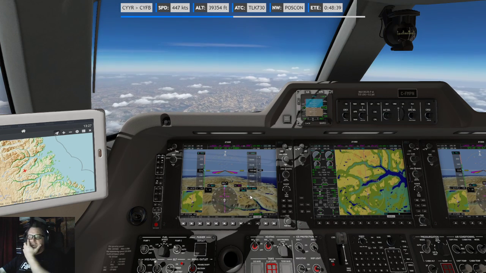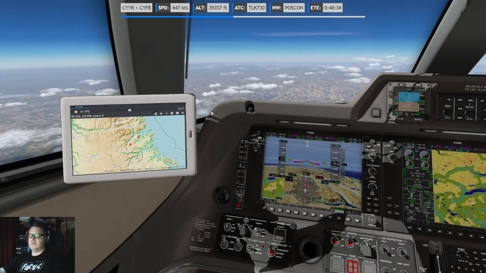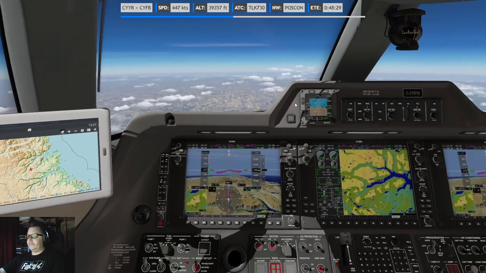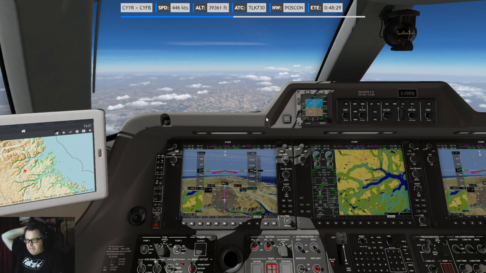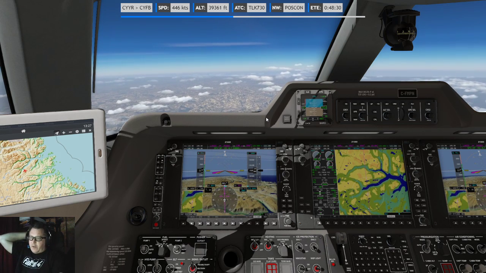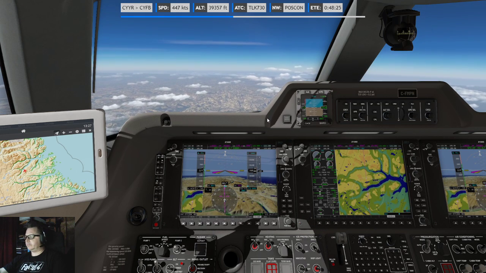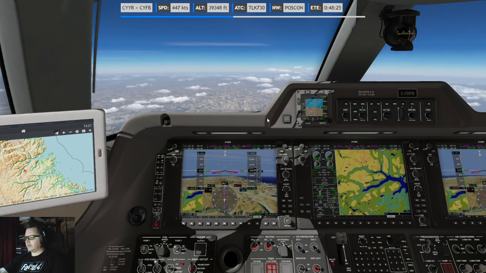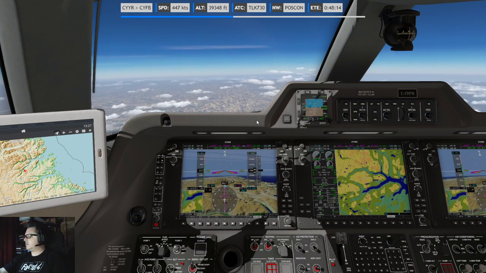Yeah, the fjords with the synthetic vision is really cool though. And no crazy mountains or crazy weather, so the frame rates are really good. We will take those good frame rates.